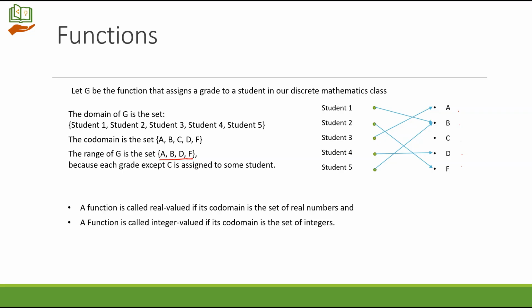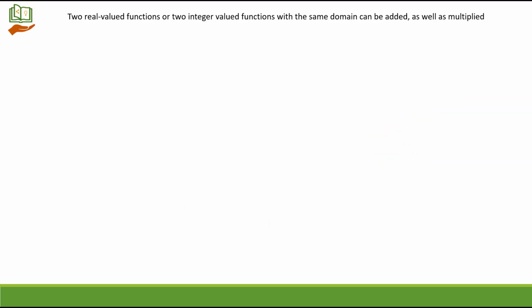A function is called real valued if its codomain is a set of real numbers. A function is called integer valued if its codomain is the set of integers. Two real valued functions or two integer valued functions with the same domain can be added as well as multiplied. Let f1 and f2 be functions from A to R. Then f1 plus f2 and f1 into f2 are also functions from A to R defined for all x that